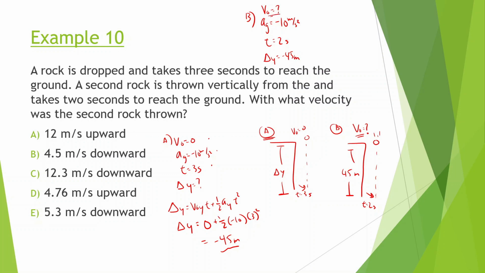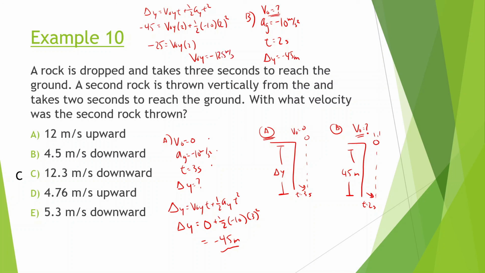Now, let's see if I can find out what this initial velocity is. So, displacement of y equals initial velocity t plus 1/2 ay t squared. So it's going to be -45 is equal to initial velocity times t, which is 2, plus 1/2 times -10 times 2 squared. So let's see, this is 4 times 10, that's 40, and then 20. So -45 plus 20, so it's going to be -25 equals the initial y times 2. So this is going to be around 12.5. If we do the math, it's going to be around